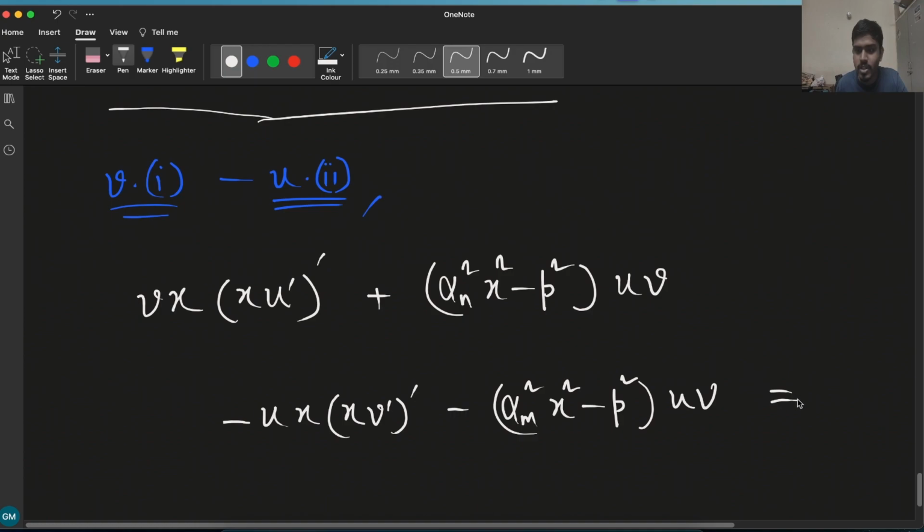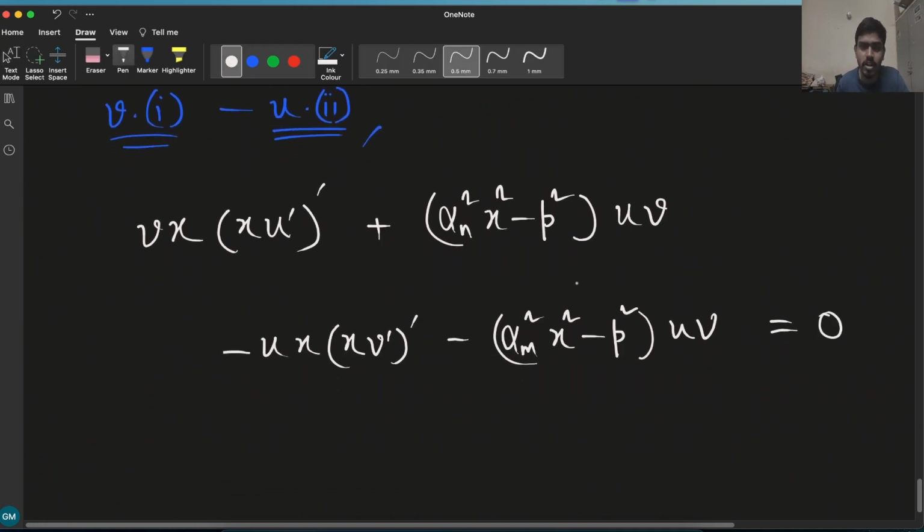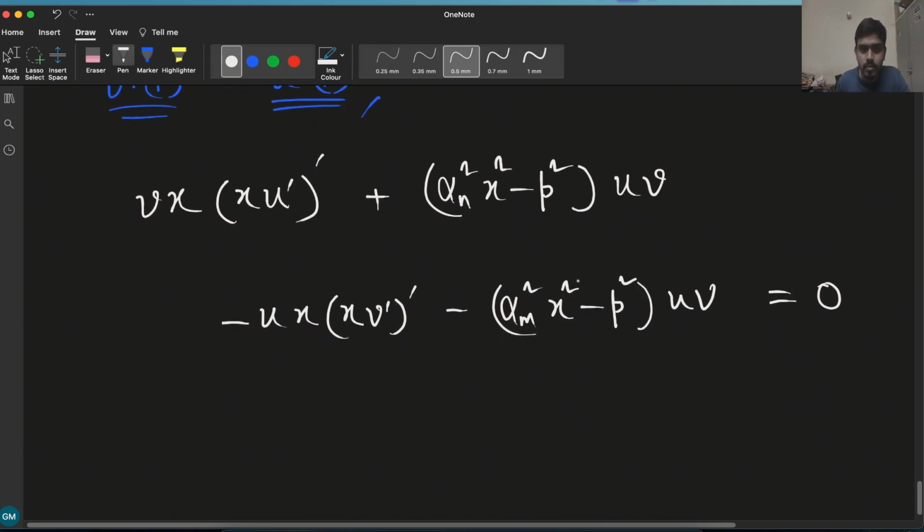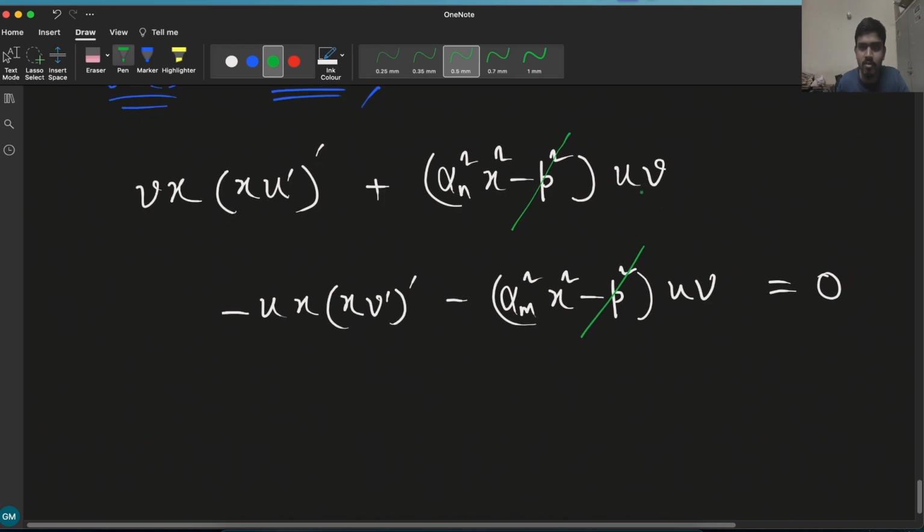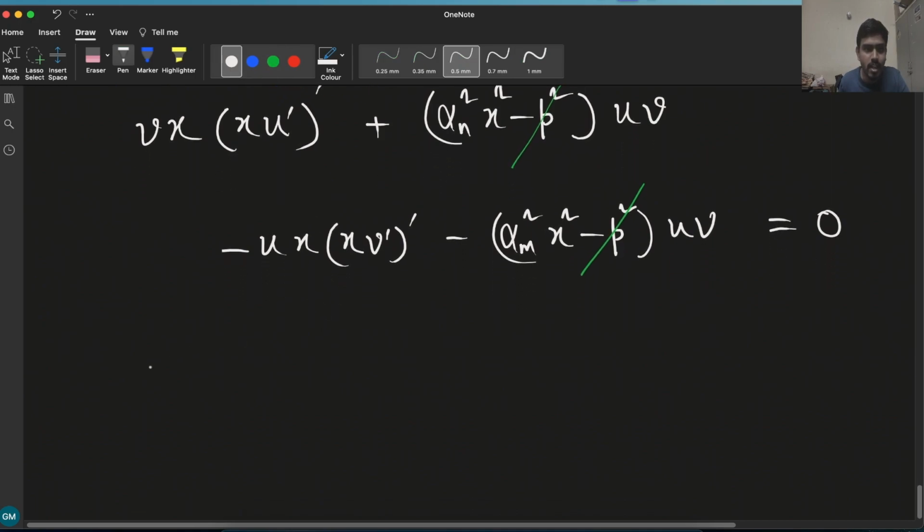And if I subtract the right hand side of both equations, then it will be 0, because those are already 0. And now you can see that this minus p square will get cancelled with this p square, because here this minus will be plus, and the same factor uv is multiplied with both the terms. So then we are left with